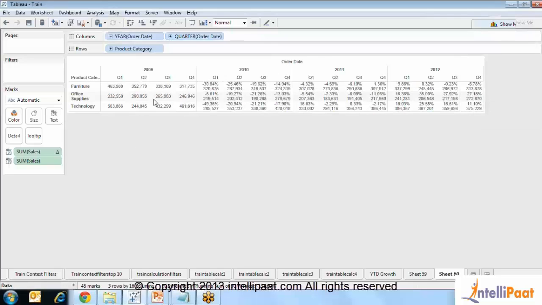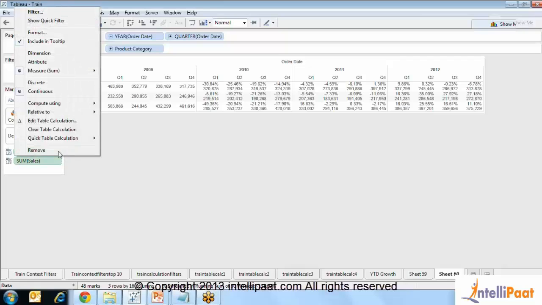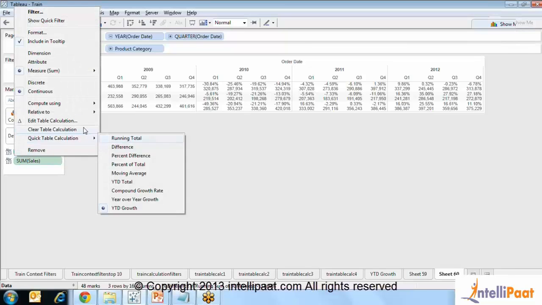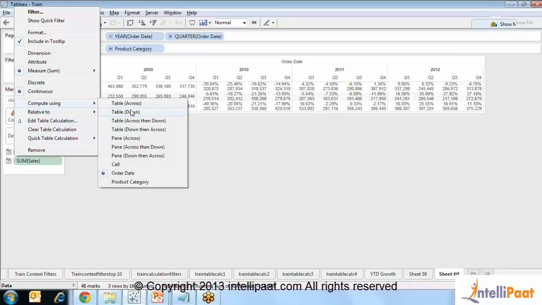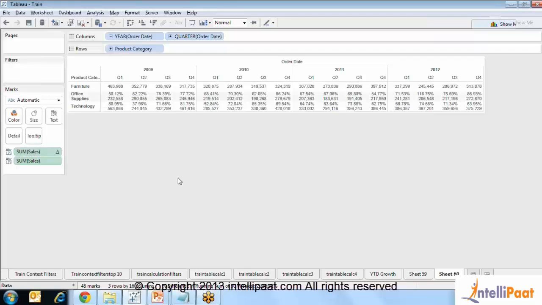Okay, in this case, it is here now. So you can also define it if you want it to calculate here. I mean, as compute using, so it is. You can also say table down. So now you see that what it's showing here is the difference, it's calculating table down, which